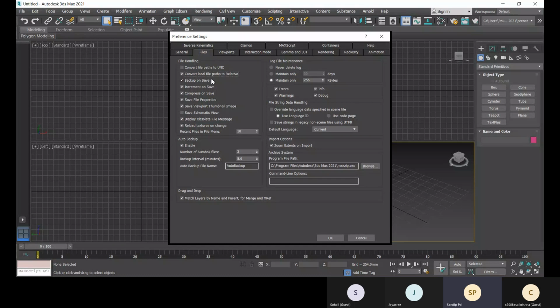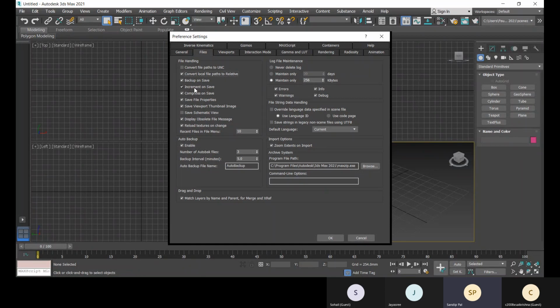Because when we upload pictures into our materials, those pictures are saved in my system, but when I transfer my 3ds Max file to another system, those files will be shown as missing, not found. But if you check convert local file paths to relative, it will work properly. That's why we should check this option.